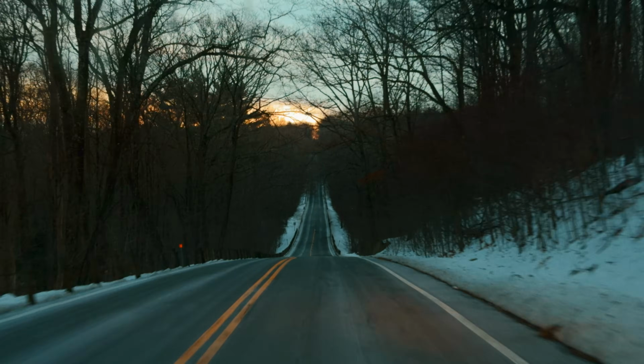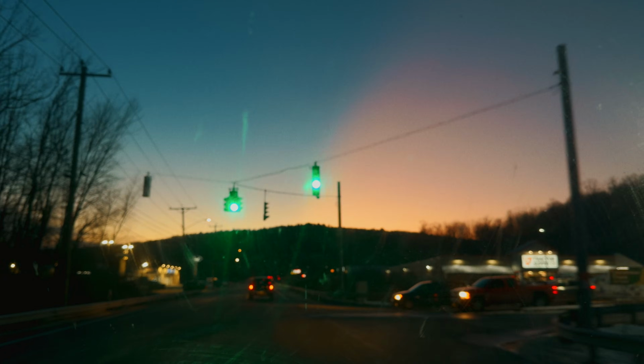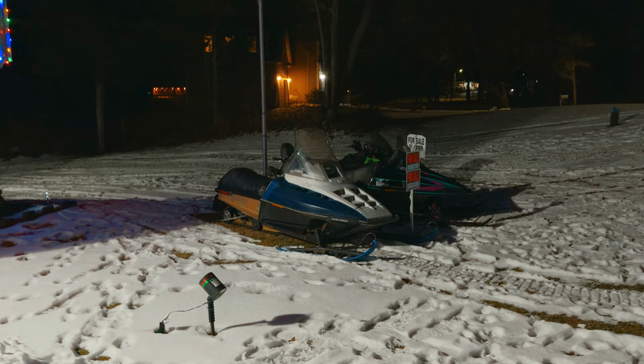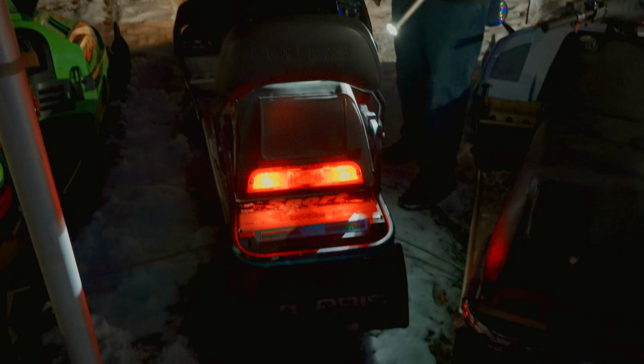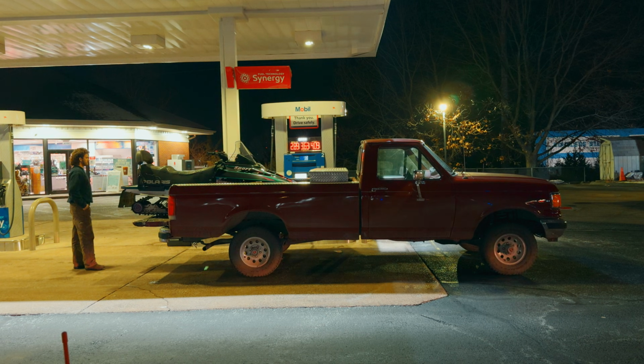And there was one last adventure before Christmas, as my good friend Noah wanted to get his very first snow machine. But this thing, so this thing's super clean. I bought this from a guy, I actually bought 3 of them. Being a 2-up, one of the cars got a double seat, but the reality of the situation is...